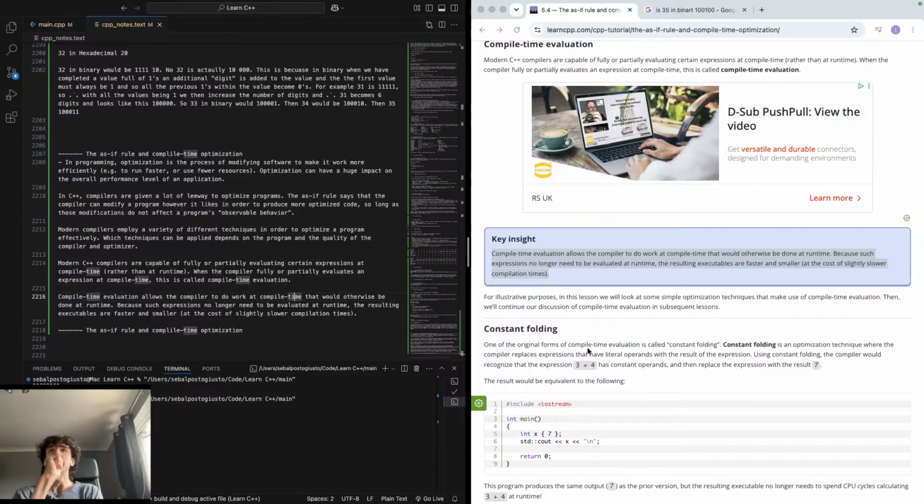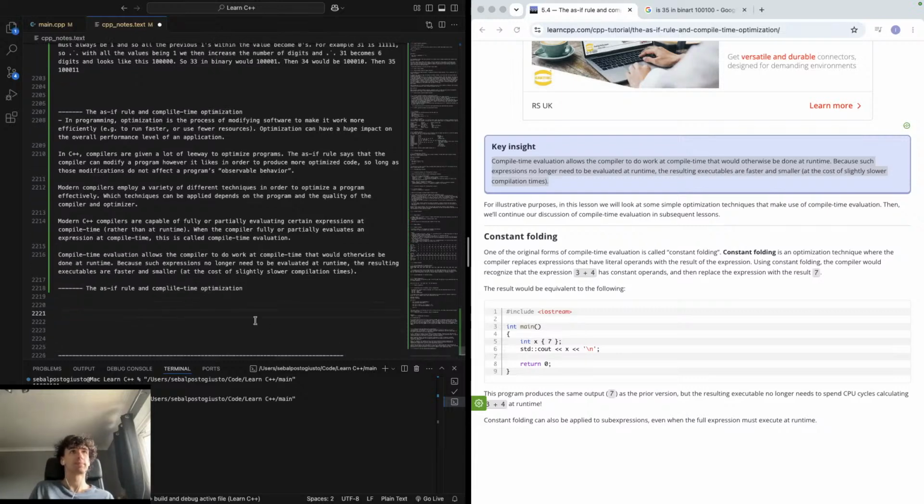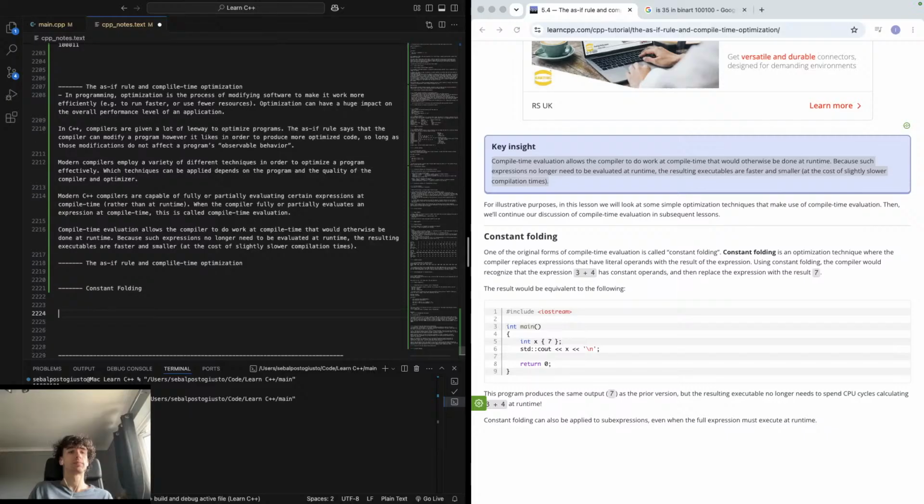For illustrative purposes in this lesson, we'll look at some optimization techniques. Constant folding. One of the original forms of compile time evaluation is called constant folding. Constant folding is